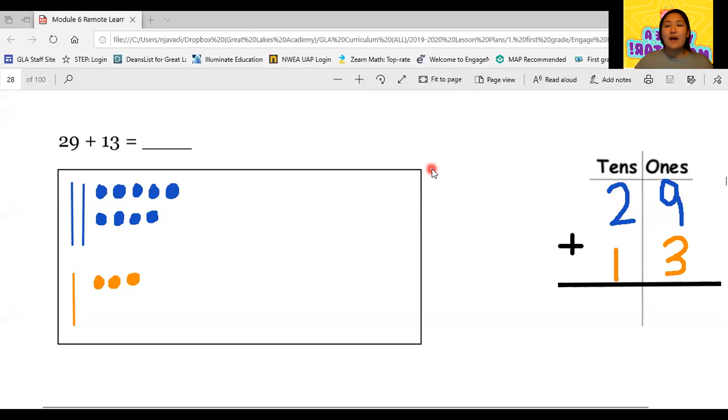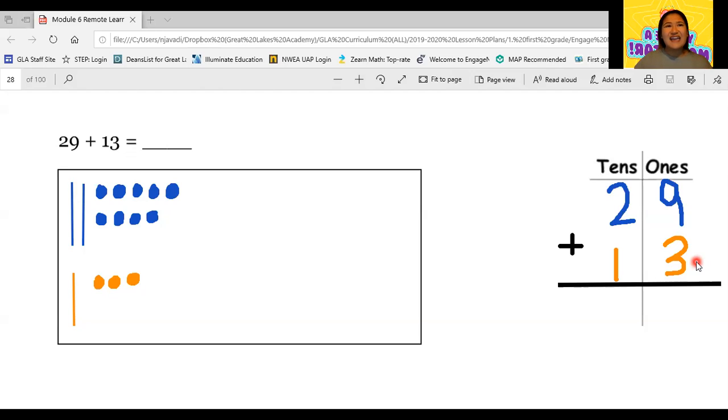So remember that when we're adding using vertical addition, we always start with the ones column. So let's check out our ones column. I see 9 ones plus 3 ones. I know 9 ones plus 3 ones is equal to 12